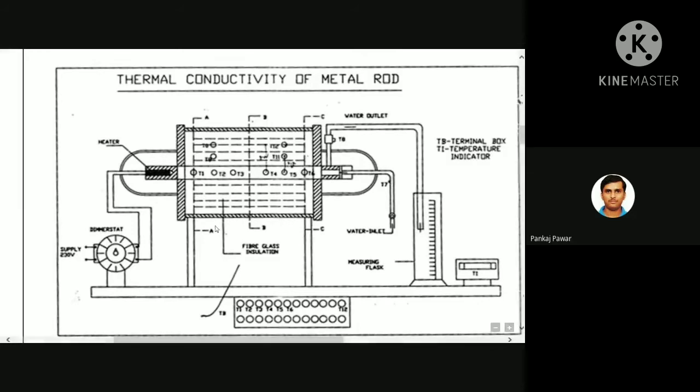Okay. Now we'll go for the next part. All these thermocouple connections are taken here in the junction box, similar to the earlier experiments. With the help of probes and the temperature indicator, you can place that probe in this junction box so that you will get the corresponding temperatures from T1 to T12.